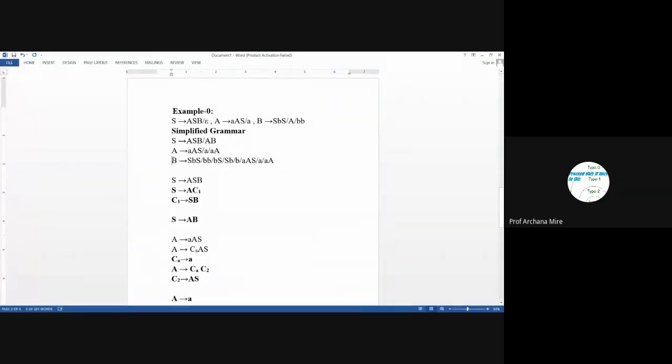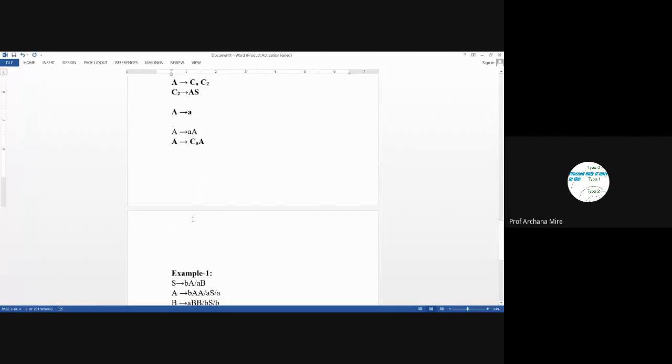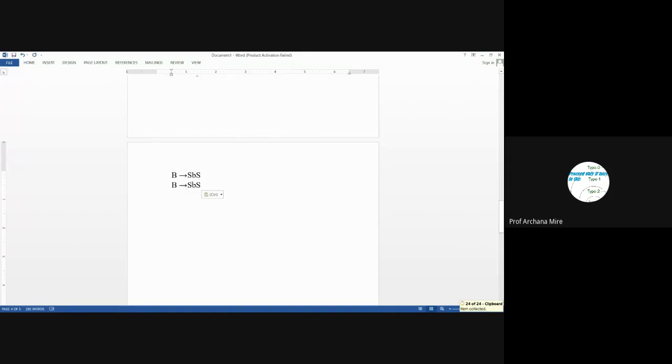Next, this is completed. The next production rule is B leads to SBS. Once again we will be doing the same thing. Since the production is a combination of non-terminal and terminal symbol, we will need to replace all the terminal symbols with their corresponding non-terminals.